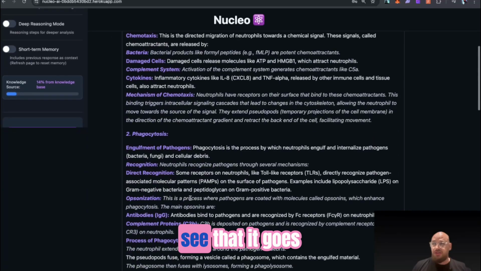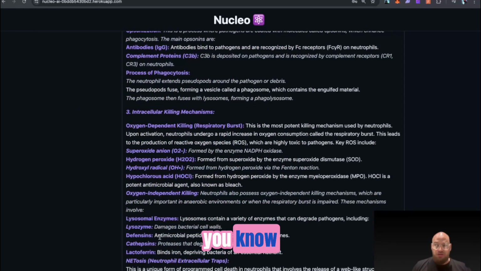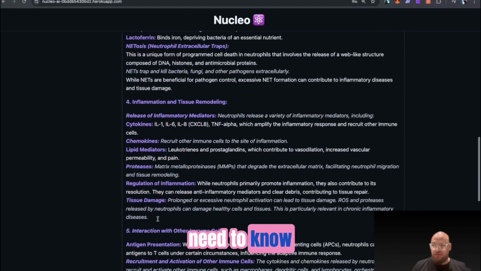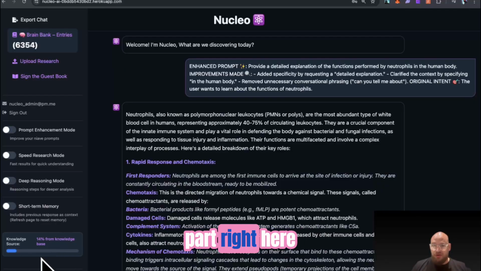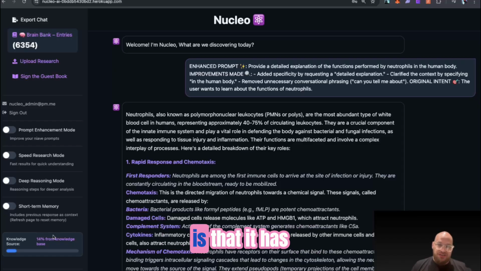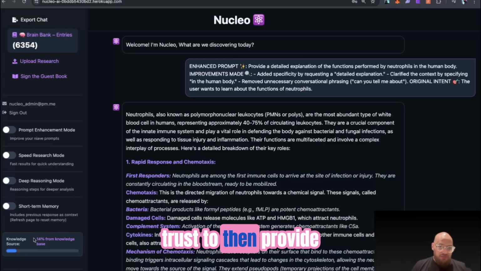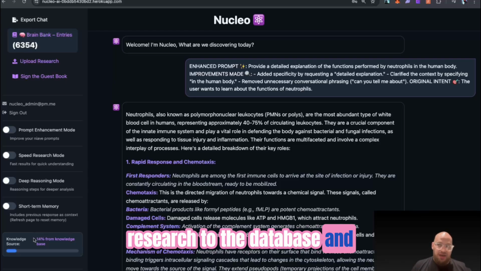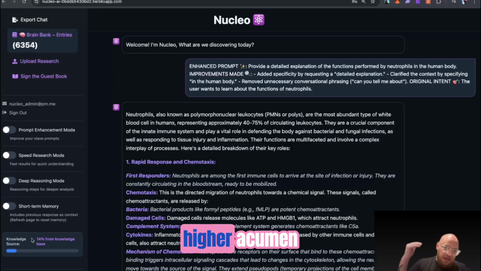All right, and if you see, it goes over the function of a neutrophil and everything that you just need to know, and it'll drop it in the chat. Now, I want to highlight this part right here, which is one of the undervalued resources of Nucleo, is that it has a RAG database, which we call the brain bank. And the brain bank, so it searches the RAG database. So this is all curated research that either myself or those that I trust provide to the database. And it's all in the domains in which I have higher acumen, not